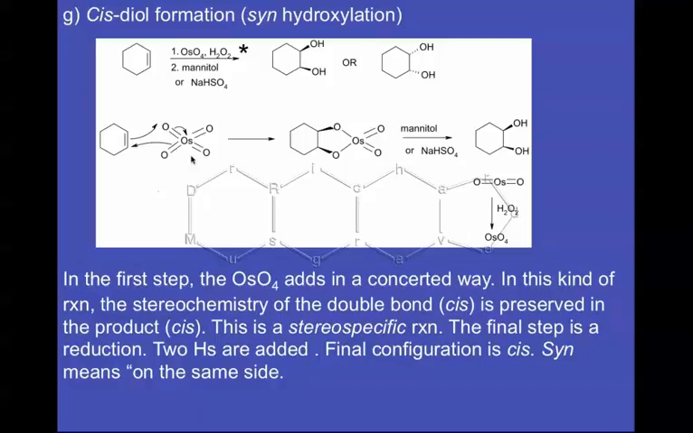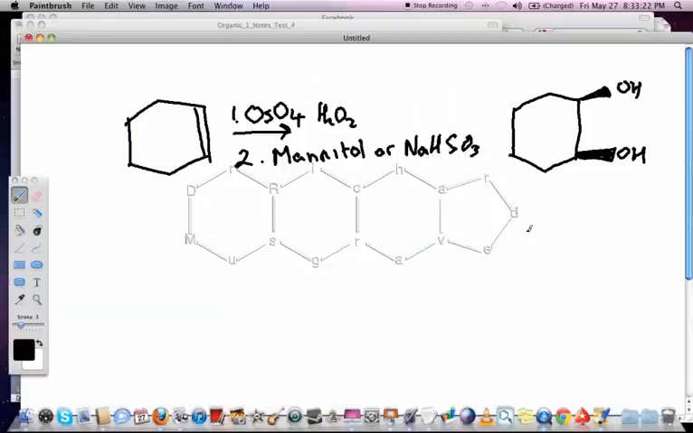So the OsO4 is actually coming in from above the ring and is going to end up joining simultaneously with these two oxygens right here. So let me show you a better picture of that. Alright, so